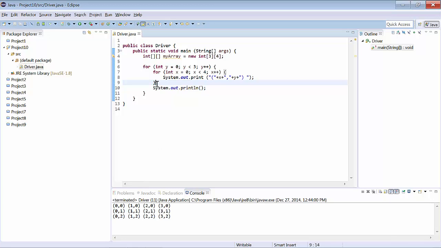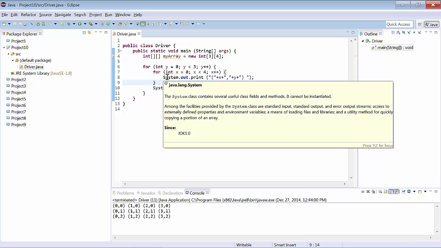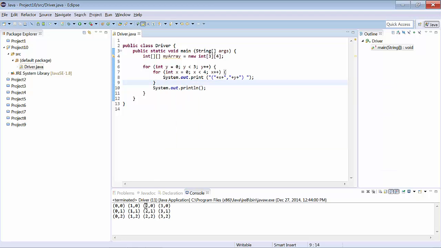Now what happens is we're still on this inner for loop, so x++ means that x is now going to equal 1. And we still print out all of the same kind of stuff, but now it's going to print out 1, 0, because x is 1 and y is 0. We increment x again, and now x is going to be 2, and when we print out this time, we're going to have 2, 0. And you can see this is going to continue on to 3, 0,